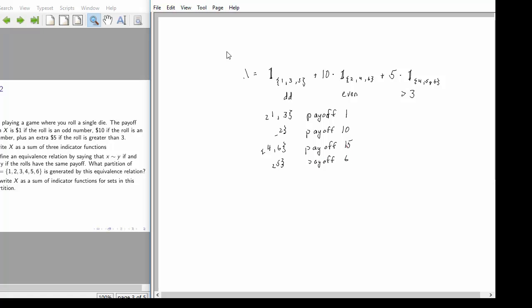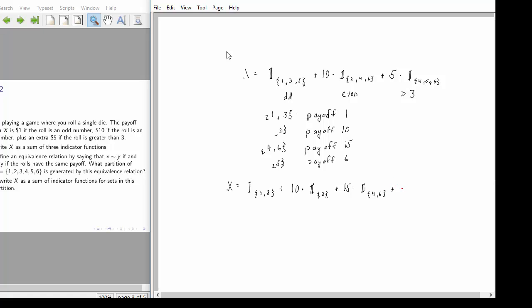I've partitioned 1 through 6 into the level sets for the function x, and finally, I can write x as a sum of indicator functions for the sets in this partition. In other words, I can write it in terms of payoff values. It's payoff of 1 times the indicator function for 1, 3, plus a payoff of 10 times the indicator function for 2, plus 15 times the indicator function for the set 4, 6,